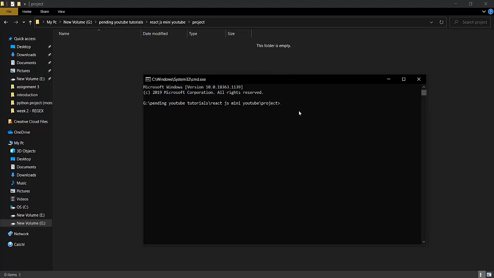First of all we will create our React app here. So we will write npx. Make sure you have Node.js installed. If you don't have Node.js installed, then go to nodejs.org and install that. After that make sure you have an active internet connection to run this command, because it is downloading the files and folders of React.js from GitHub. That's why we need active internet also.